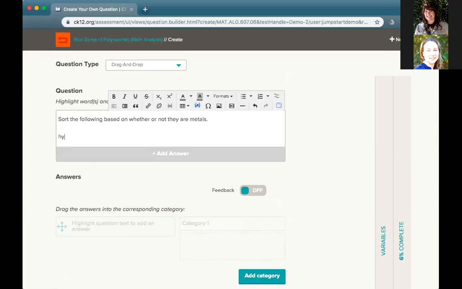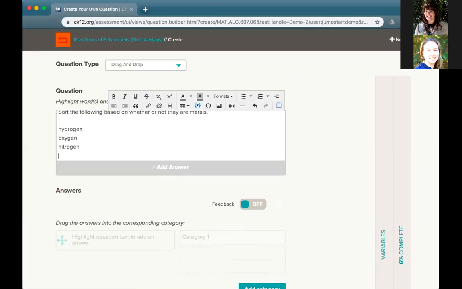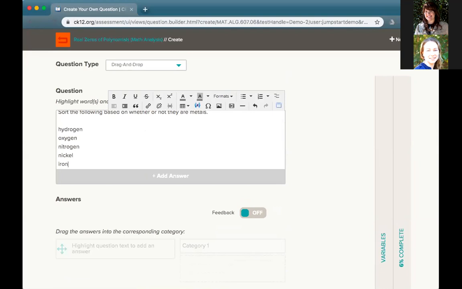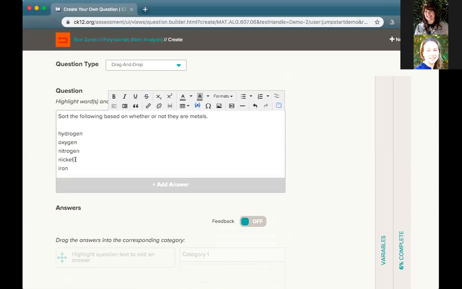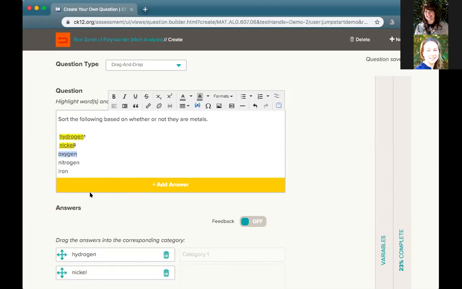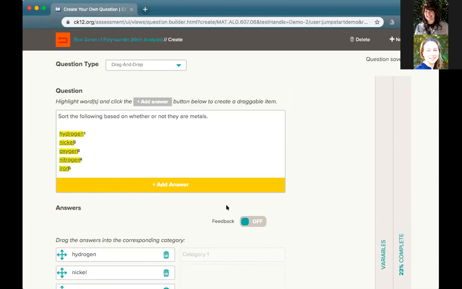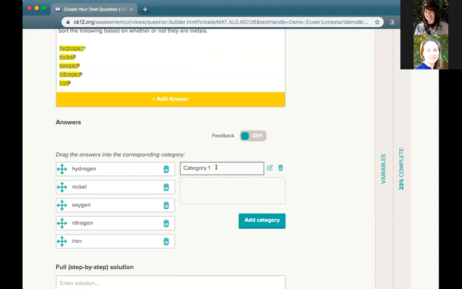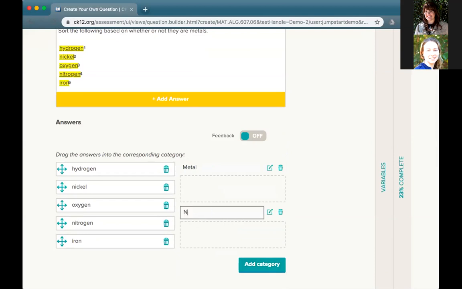For here, I would put in hydrogen, oxygen, nitrogen, nickel, iron, and maybe I'd want to actually mix up this order so that they're not automatically easy to tell. And then same deal, I would choose this, I'd add my answers. And then I can go down here and I can add my categories. So this first category, let's say, is a metal, non-metal,